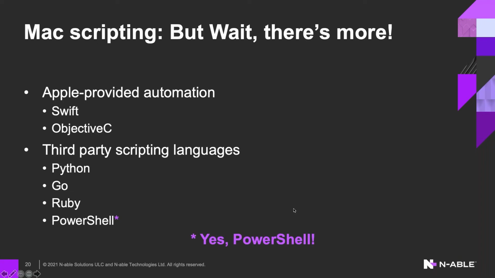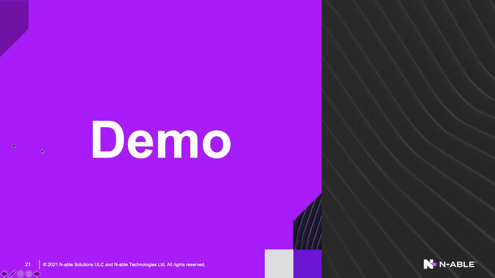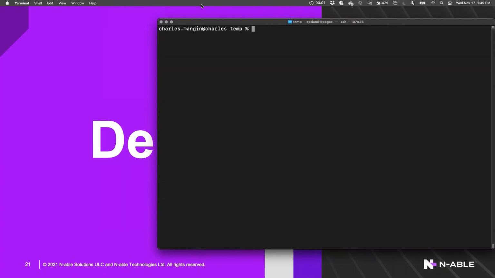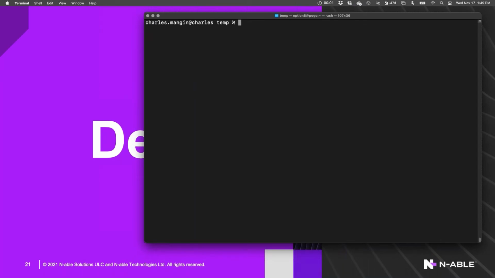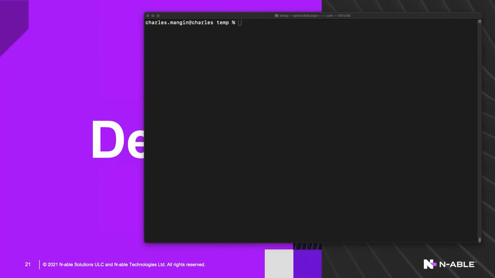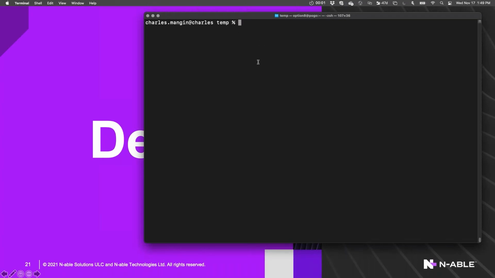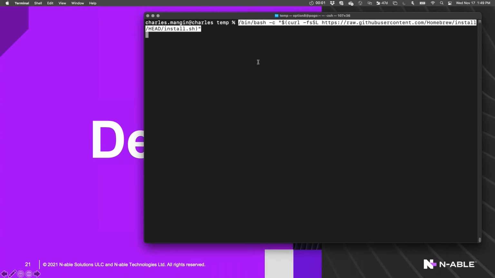And did I mention PowerShell? Yes, I did mention PowerShell. So if you are a Windows admin, and it sounded like from the polls at the beginning, many of you are at least coming from a Windows background, you may be familiar with PowerShell more so than with Bash. So I am going to show, and it's part of your homework in the lab manual, the way to install PowerShell is through a tool called Homebrew, and the